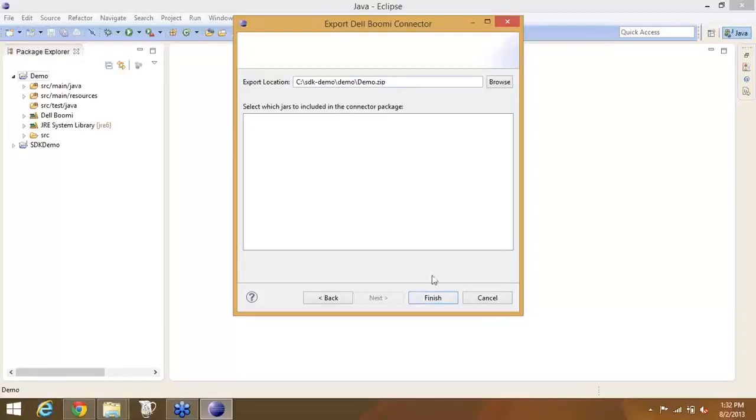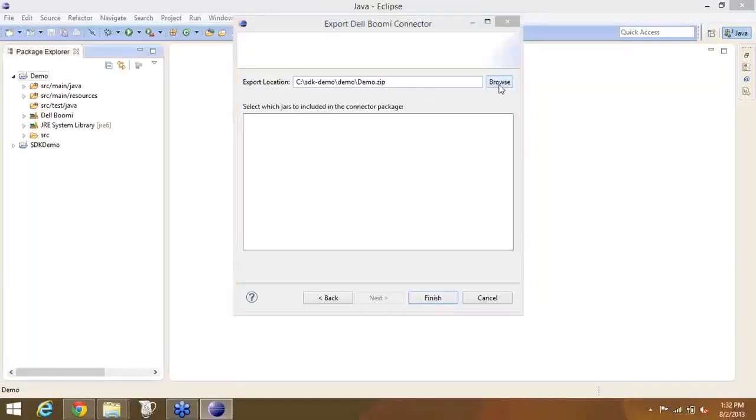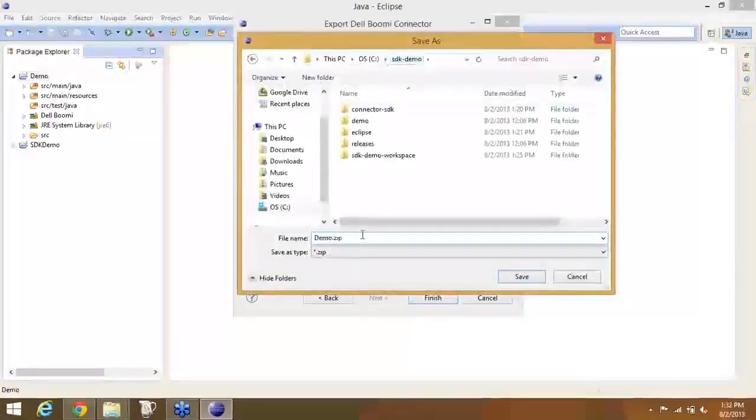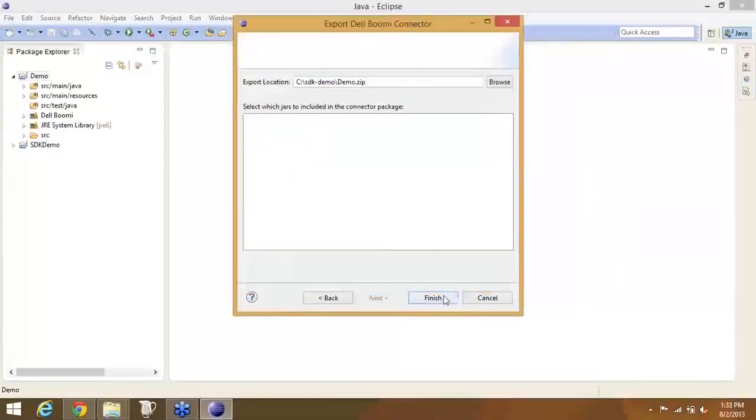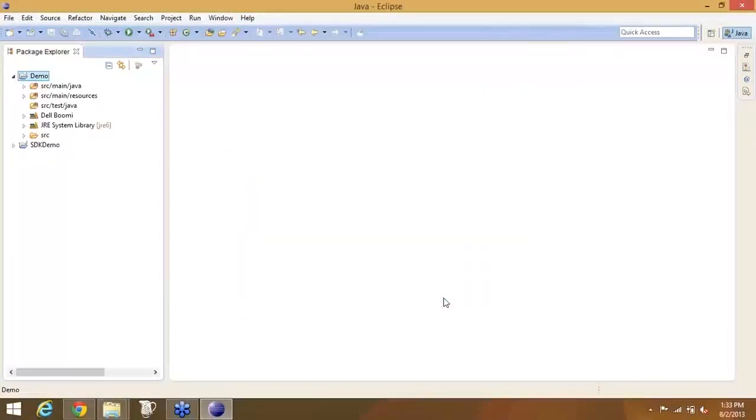Again, you can edit the file name if you want, but in this case, let's browse and stick it up in the SDK demo directory. We'll call it demo.zip. So if we edit that, you'll see the edits there. Go ahead and hit finish when you're done with that, and what that's going to do is create the jar file, then it's going to take the jar file, create a zip file, put it in there, and build out into the structure as